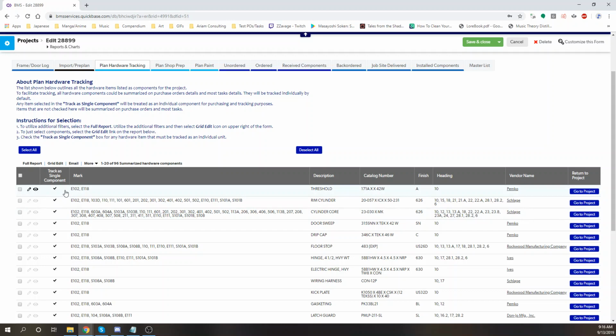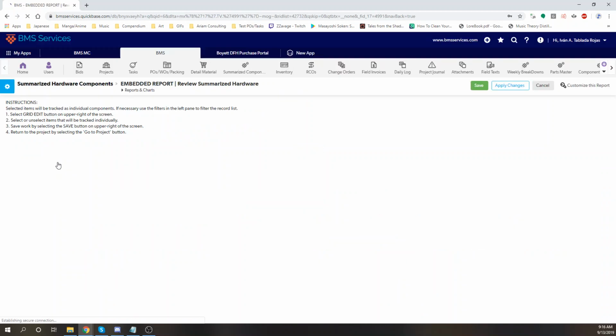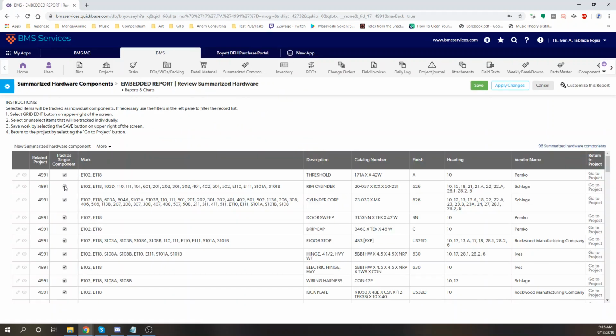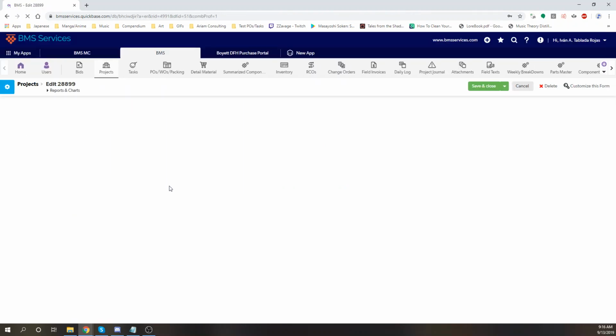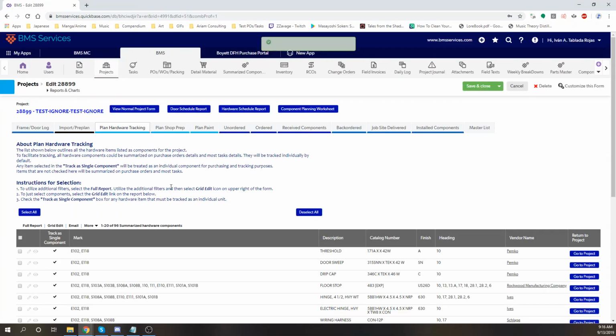Now, the way that we can deselect this value is by either clicking on Grid Edit and manually removing the check mark from any of the rows that we need, and then click on Save. And this will take us back to our report,